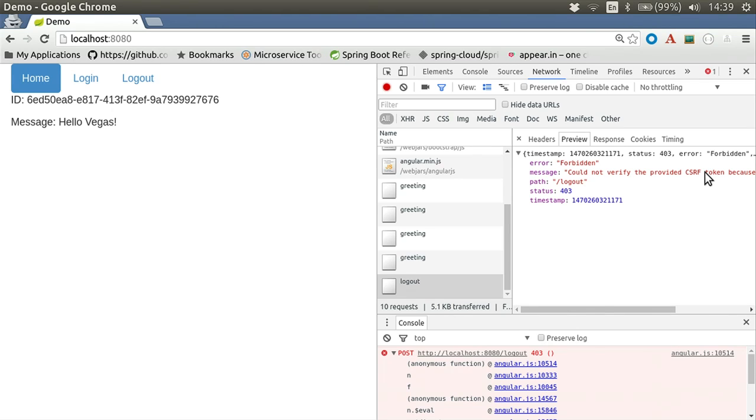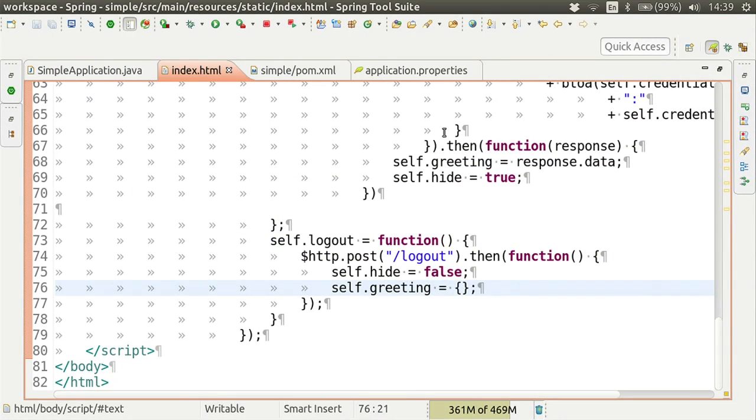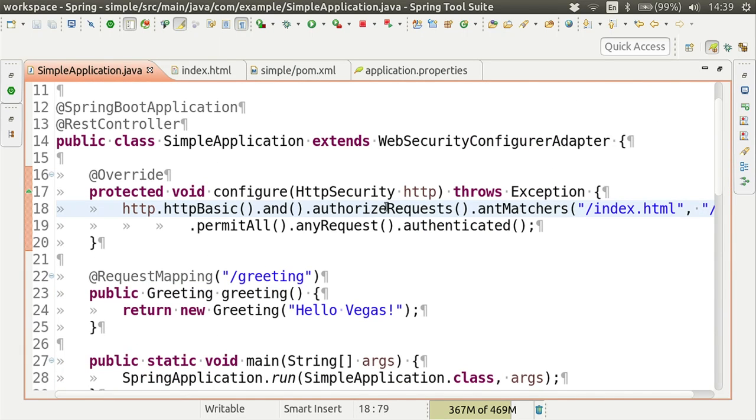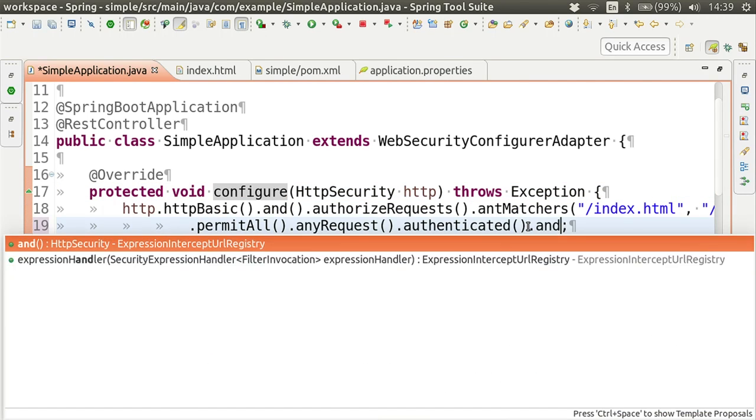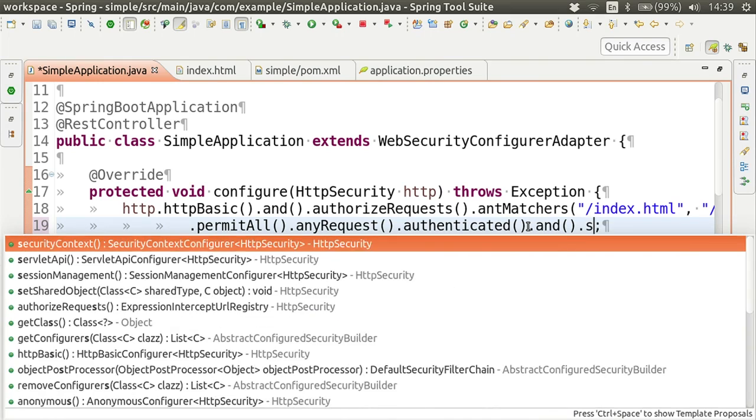I said I wanted to change something. I didn't provide the correct credentials, so all it can do is send me a 403. Okay, so thankfully that is easy to fix. So I go into my HTTP security configuration here, and I do .csrf